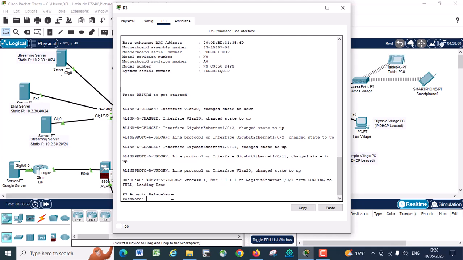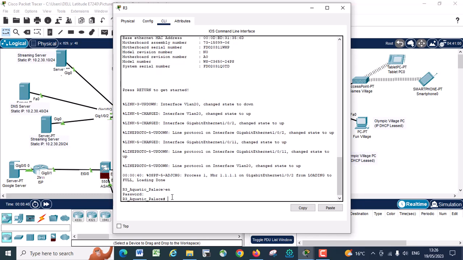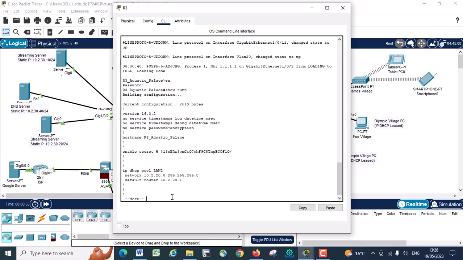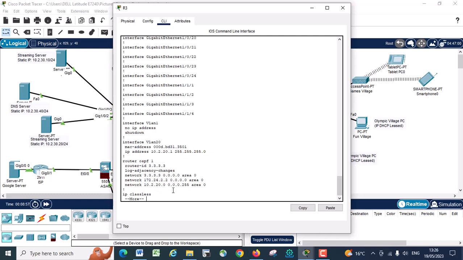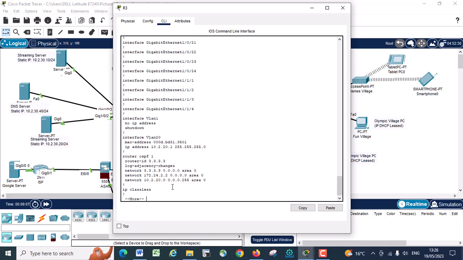So if you come to this switch, you will also see the OSPF protocol running on it. If you do a show run, you will see OSPF. This is it. That's the OSPF running on it. You will just announce all the static IPs from the other locations on it,